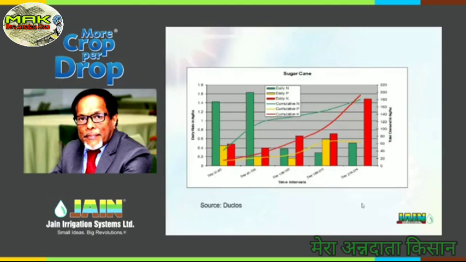He also did not believe me originally when I said it. So that's what this is actually, by a company called Duclos, which is actually an offshoot of IFA. They studied this. The daily uptake rate is only what is shown in this. You see, in the first 31 to 60 days, sugarcane takes up to 1.4 kg per hectare of nitrogen, but it hardly takes 0.4 kg of phosphate.